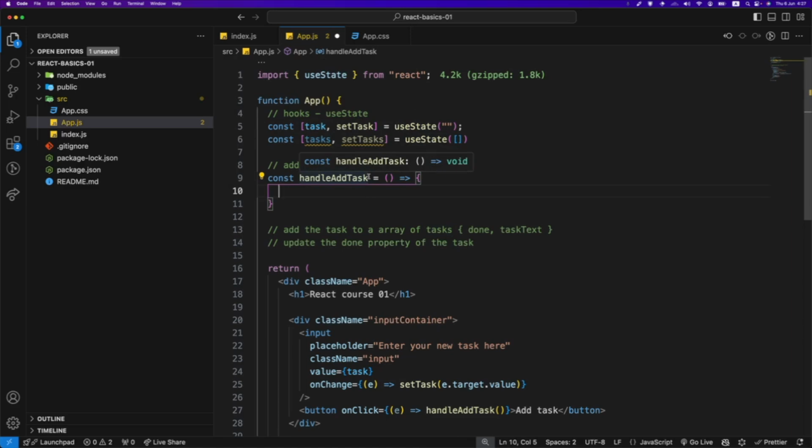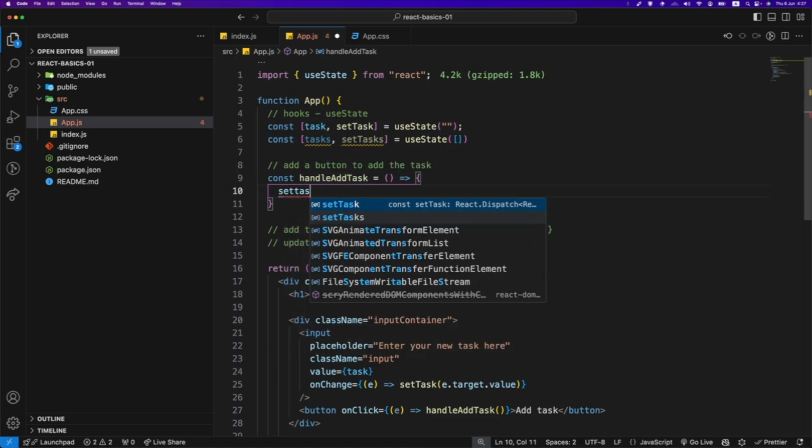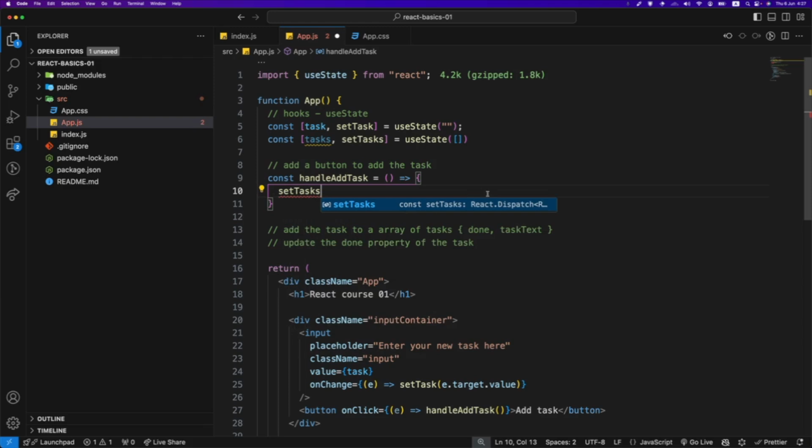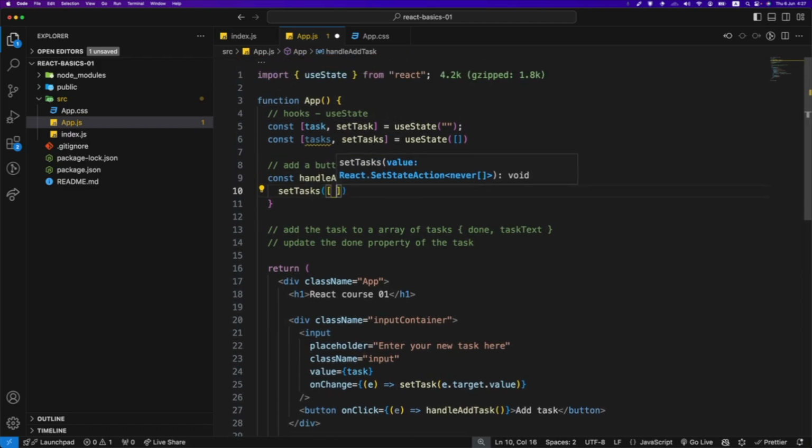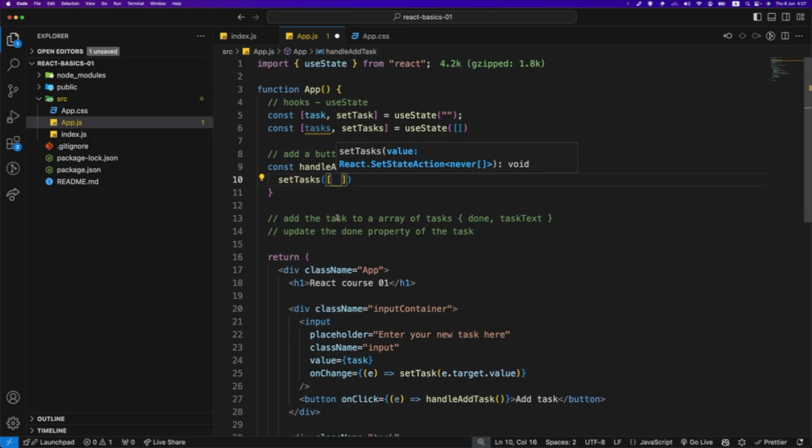So over here, how we will change an array is we put setTasks, call the function. It's the same as updating the state over here, setTasks. So we'll put an array. The way it's going to be different here is we want the tasks array to already have the previous tasks that were there, and we just simply want to append to it. If it was JavaScript, we could simply say dot append, but this is not like a JavaScript constant variable. It's a state, it's a hook. So how we do it is